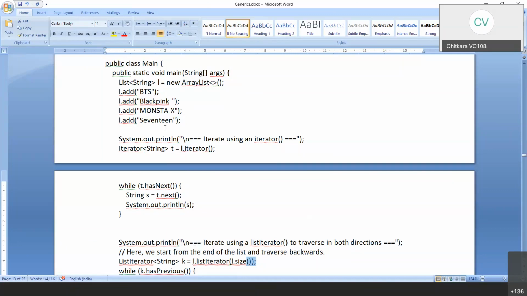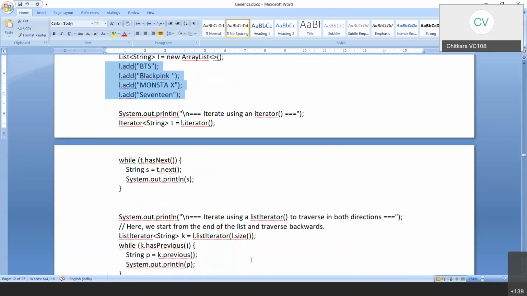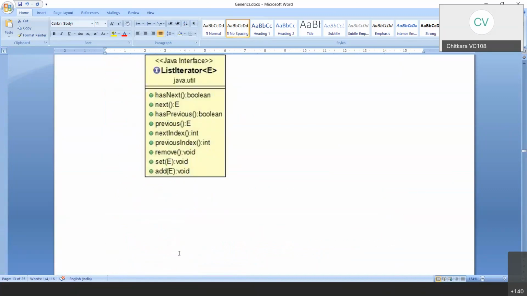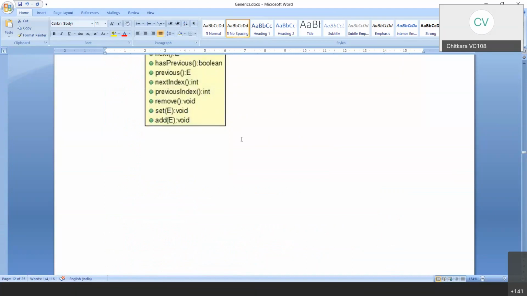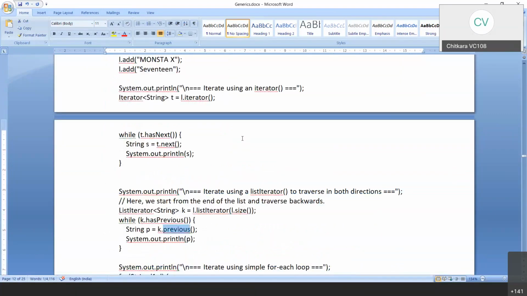Depending upon the number of elements, that means 1 2 3 4, this size will be 4. Now instead of hasNext, I will be using hasPrevious. This hasPrevious and previous are available in this list iterator. Clear? Understood? So this is going to display the contents backward.